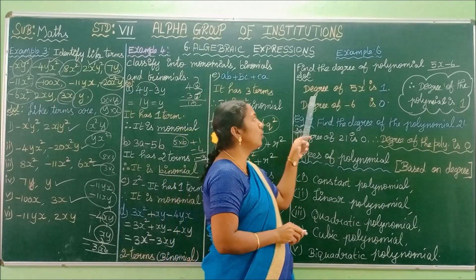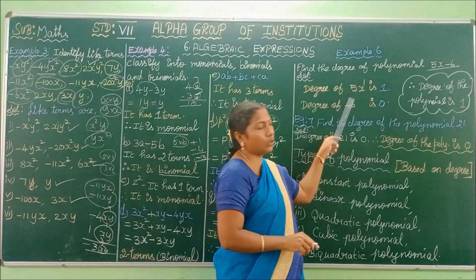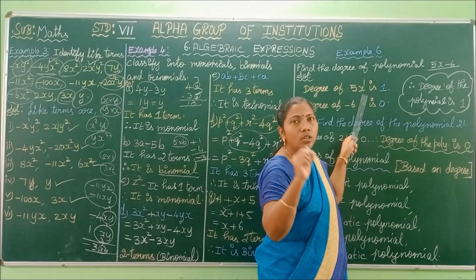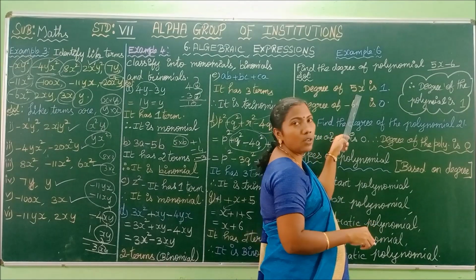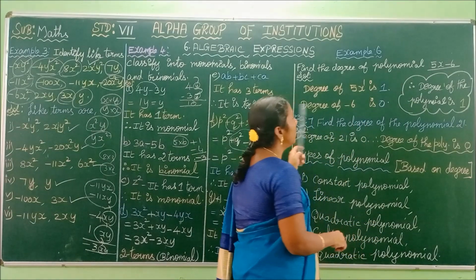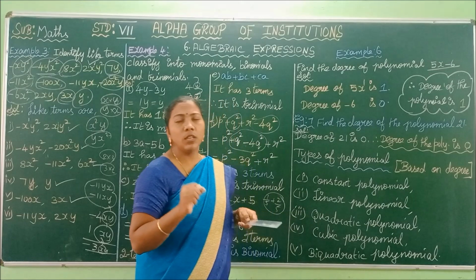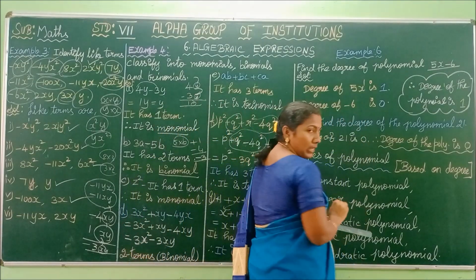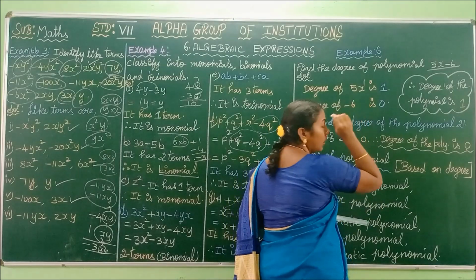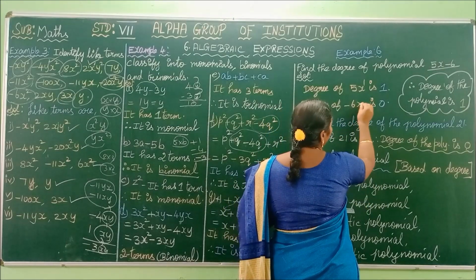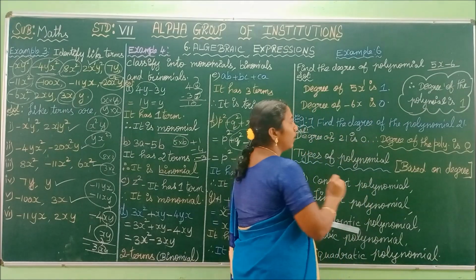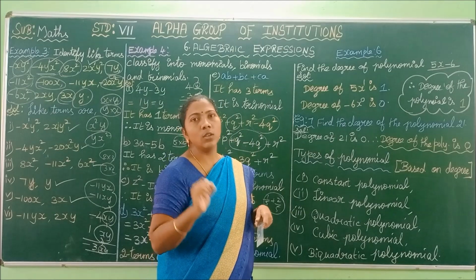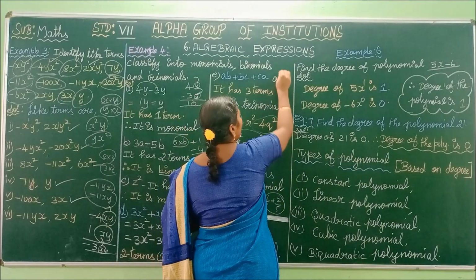First you have to find out the degree of 5x. 5x means, what is the power of x? You have to understand it is 1. So the degree of this term is 1. Next, the degree of minus 6. The degree of a constant is always 0. Why? Along with minus 6, you can use any variable, children. I am taking x, and I give the power of x as 0, because anything power 0 is 1. Okay, anything power 0 is 1.